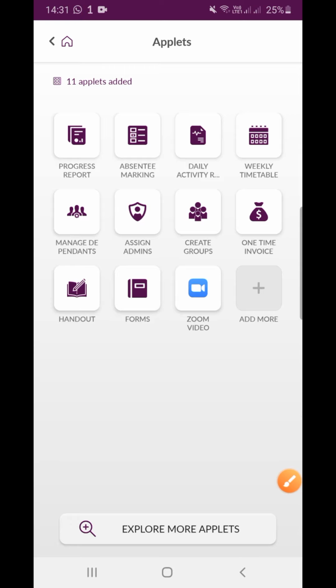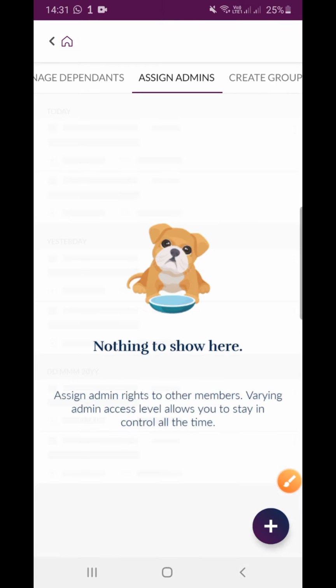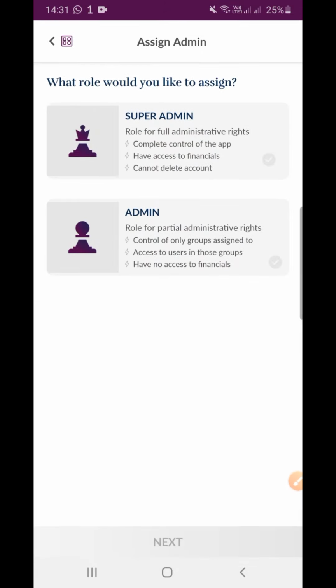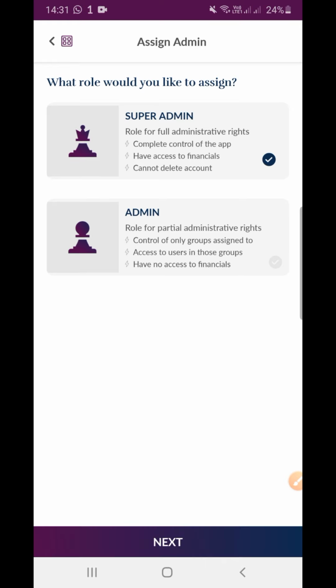Essentially, there are 3 levels of admin access in the app: the owner access, super admin, and admin. The super admin and owner pretty much have the same rights, except that the super admin cannot delete the app. Admins are those you give limited access to. For example, if it's a teacher who's managing a specific class, you give that person admin rights only for that